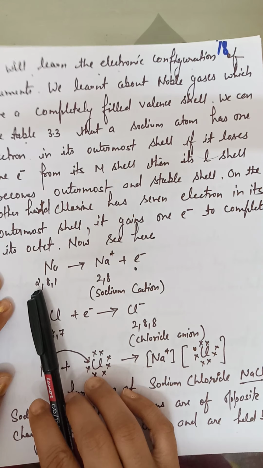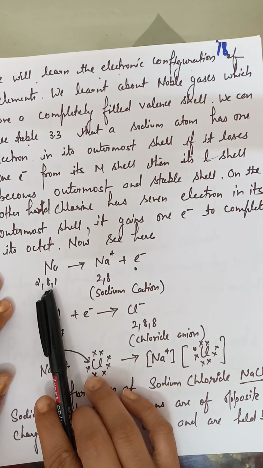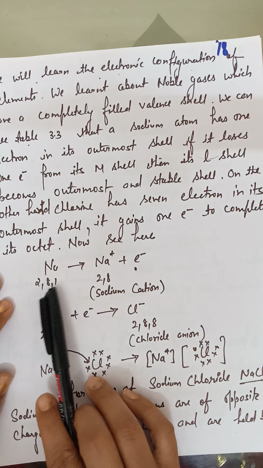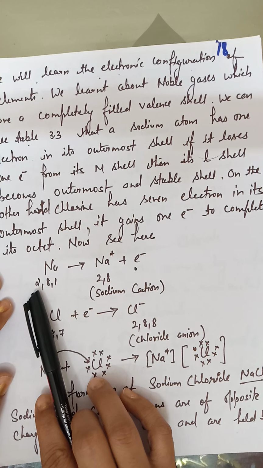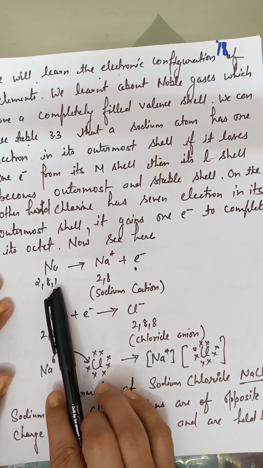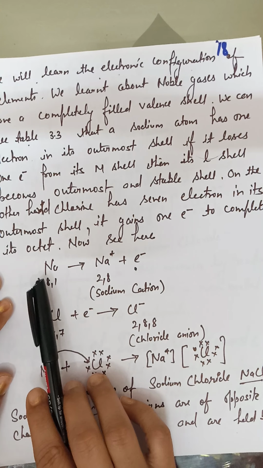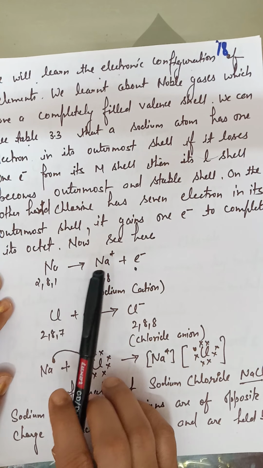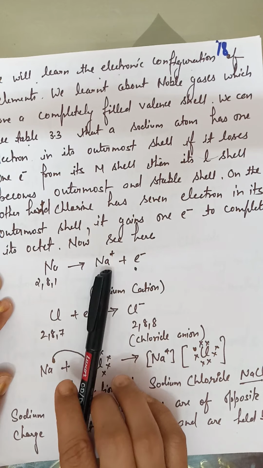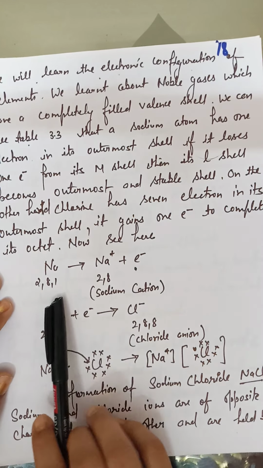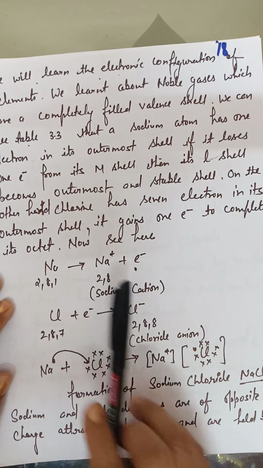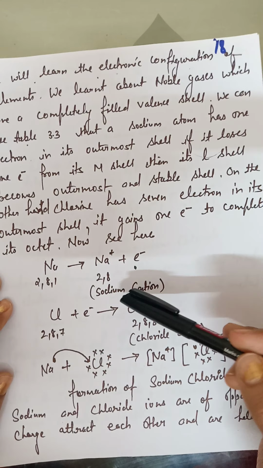In the first shell there will be 2 electrons, in the second shell there will be 8, and in the outermost shell there is 1 electron. So to attain the noble gas configuration, it has to lose 1 electron to complete its octet. By losing 1 electron, we gain a positive charge. 1 electron is lost here, so its electronic configuration becomes 2, 8, and the positive ion is called